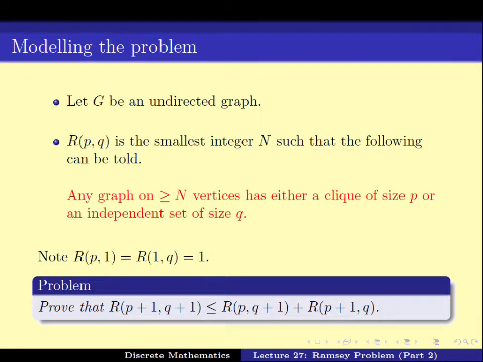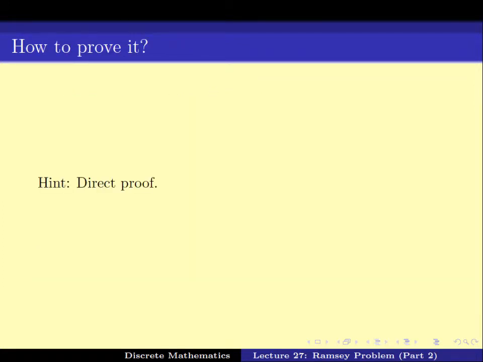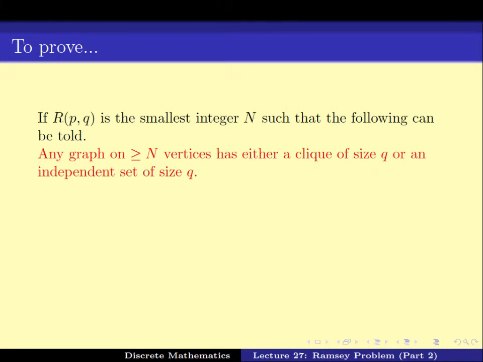Right? Now how do we prove it? The hint is we'll give a direct proof of it. So let's try to understand what we have to prove first. So this is the definition that we have. R(P,Q) is the smallest integer n such that the following statement holds: